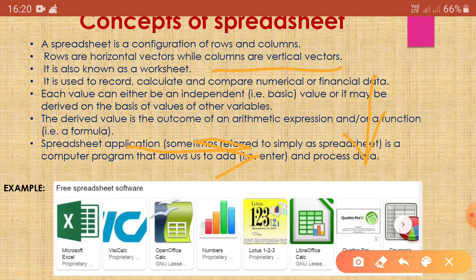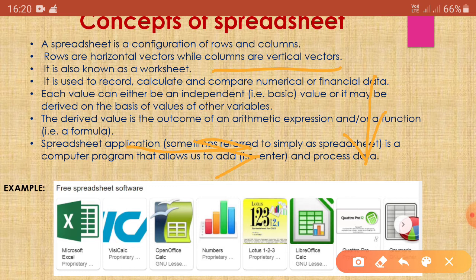A worksheet is also known as the spreadsheet. Okay. So the basic function of worksheet is it is used to record, calculate and compare numerical or financial data, and each value can either be independent, that is a basic value, or may be derived on the basis of values of other values or variables.